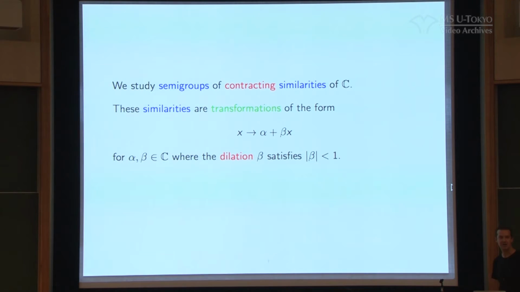So the plane here we could think of as the complex numbers, and then a contracting similarity has a scale factor, a dilation, which is a non-zero complex number. And if I want it to be contracting, then I want that scale factor to have absolute value less than 1. And then I've specified the similarity if I say the scale factor and also the center of the similarity,